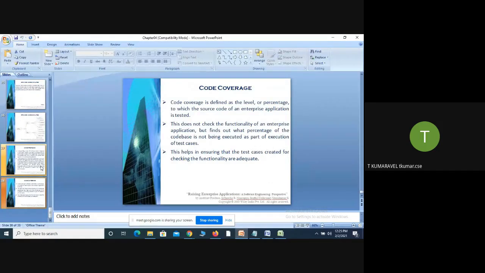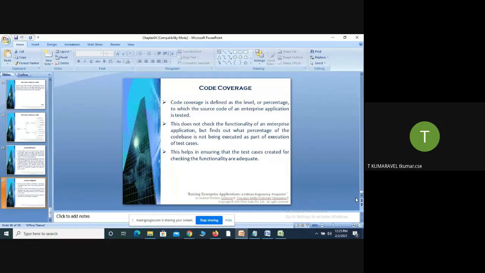code coverage. Here, code coverage is defined as the level or percentage to which the source code of the enterprise application is tested. Here we are not checking the functionality of the enterprise application.